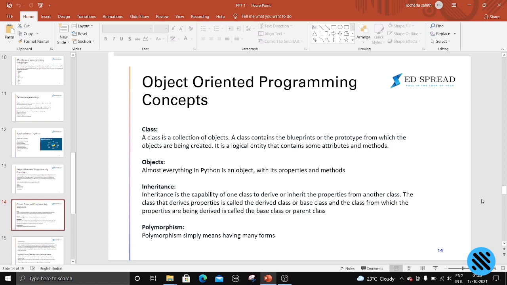The class that derives properties is called the derived class or child class, and the class from which the properties are being derived is called the base class or parent class. Okay, so